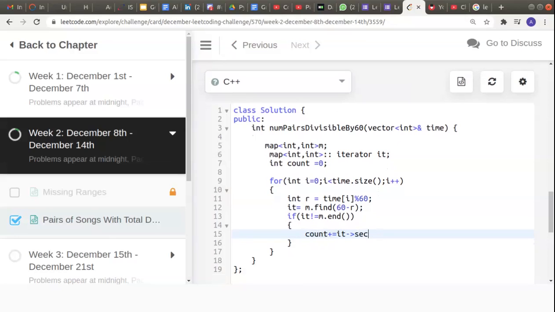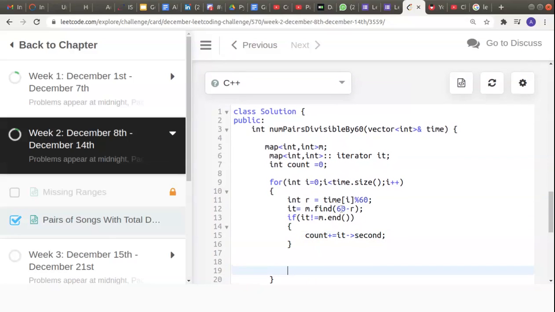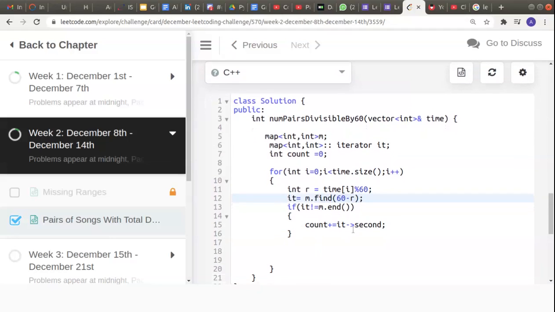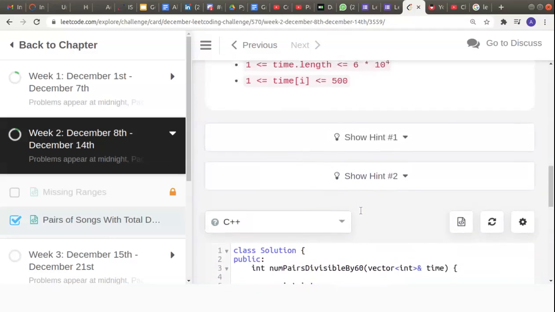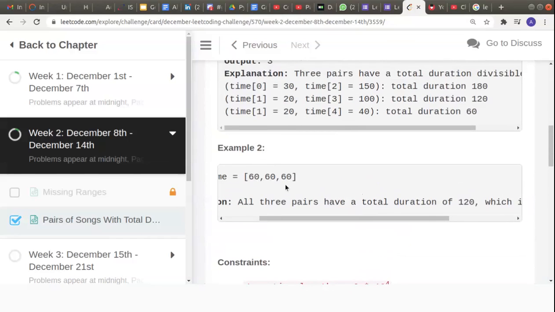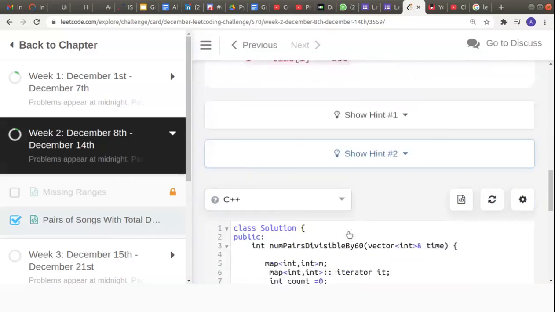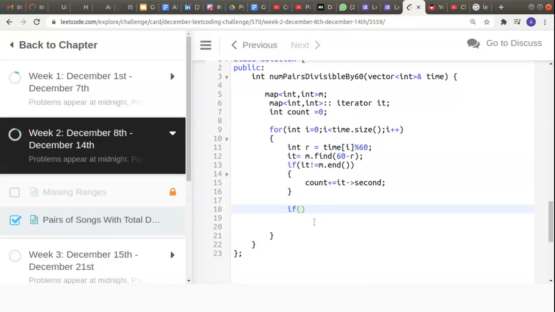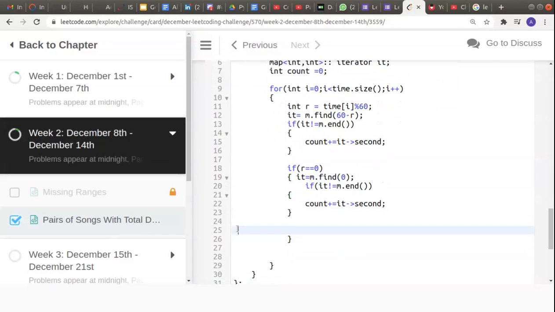So this case is all well and good, and this case works except for the cases when r is equal to 0. If r is 0, the matching element will not be 60 minus 0. Matching element will instead be just 0 only. So consider this case where 60, 60, 60 are the elements. So 60 mod 60 will give 0, 60 mod 60 will again give 0. So then 0 only will be their matching elements, not 60 minus 0. So if r is equal to 0, in that case, it will be m dot find 0 only, and then we can just copy the same code and we can move ahead. So this is done,